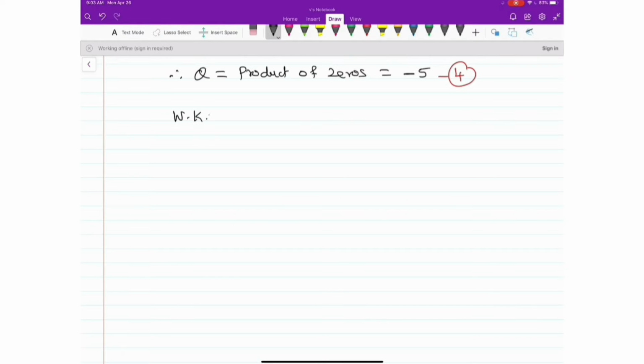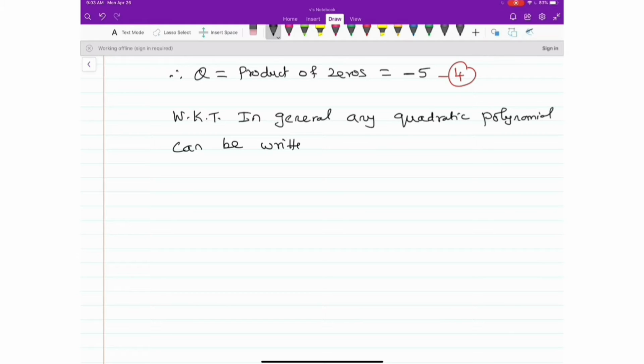We know that, in general, any quadratic polynomial can be written as f of x is equal to k into x square minus alpha plus beta into x plus alpha beta,